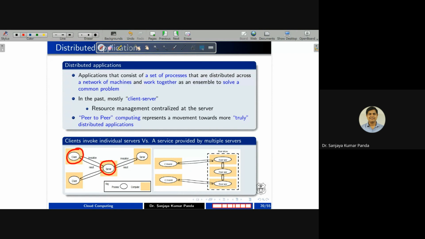Now, if another client is making a request, it may request some different kind of resources also. Whatever is requested by this client may be different from any other client. So although this client is on hold, if the resource asked for by another client is available, we can provide it. Based on the requirement of the client, the server is going to provide the services. Sometimes the server can also behave like a client.